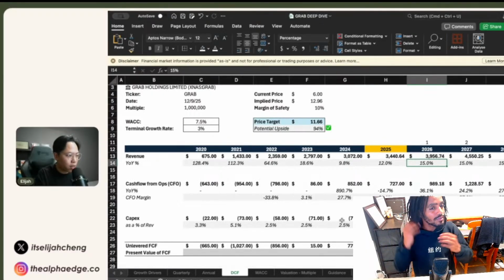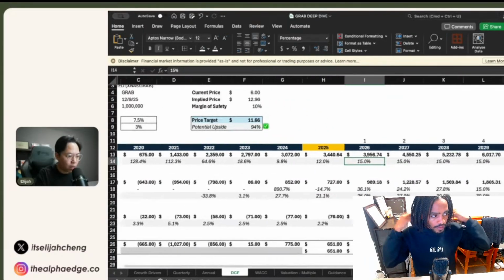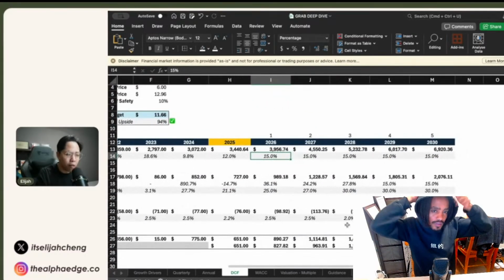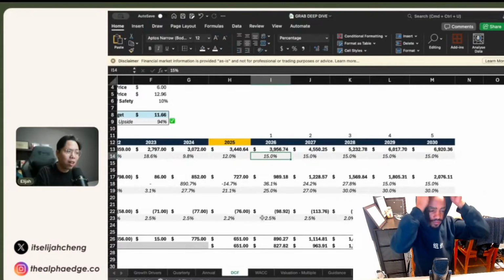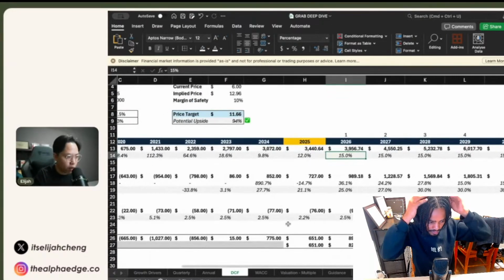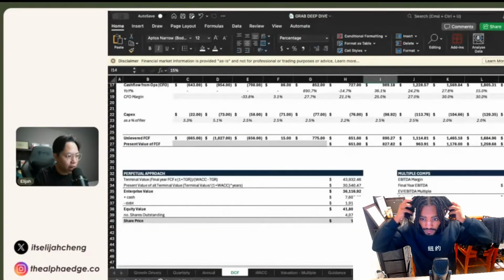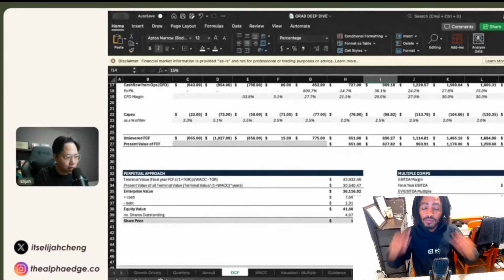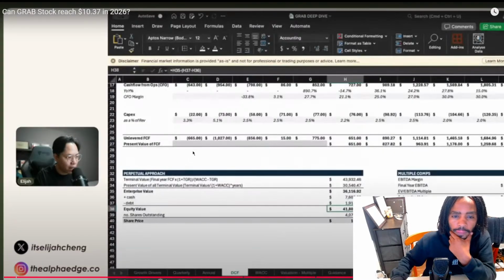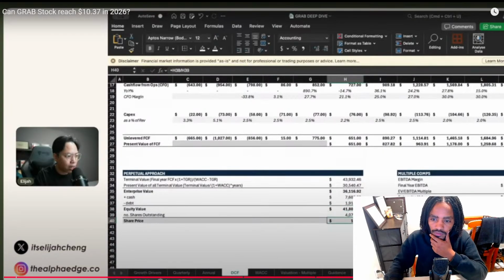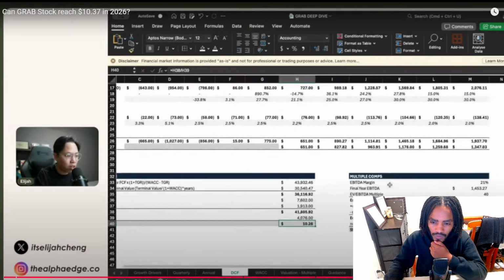And finally, CapEx, this is rather straightforward. You can see the pattern over here. It's around 2 to 2.5% over the last couple of quarters, and that is what we are assuming for their capital expenditure going forward. And using the amount of cash that they have on hand, less the debt that they have, I think at the end of the day, you can see that with the shares outstanding, if these assumptions are true, Grab should be worth around $10.26